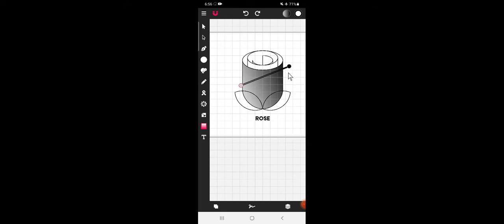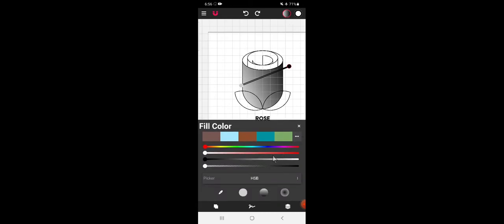Now tap on this point, tap on this point, go to this, drag this. So these are the values which we have selected. It is not transparent, it is bright, it is red.